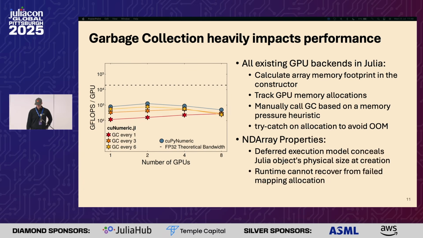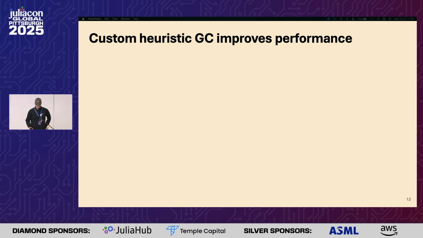And the issue with our library is we don't know exact sizes at construction of these objects. The Legate runtime may deduplicate objects or duplicate them in some way based on performance optimizations. And another thing that we can't do is recover from an out-of-memory error within the mapper. So that's not great. So we have to be very conservative if we create automatic heuristics, which is what we